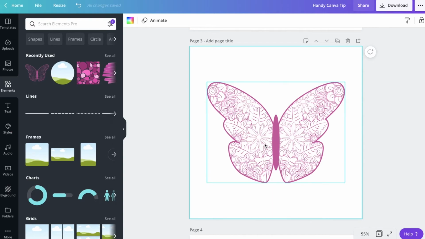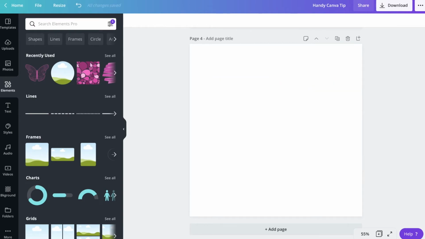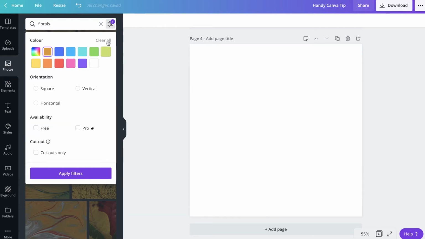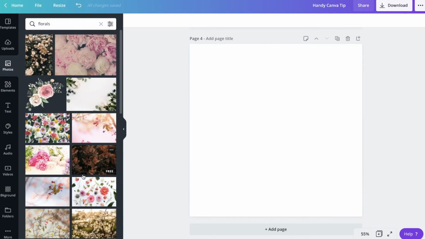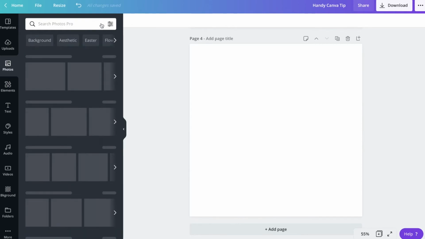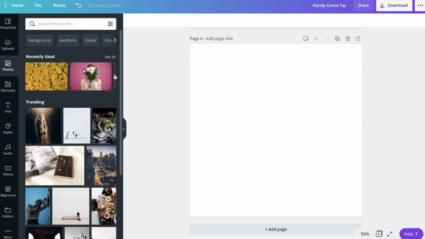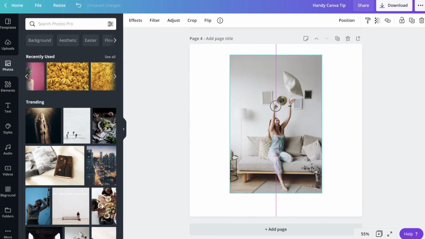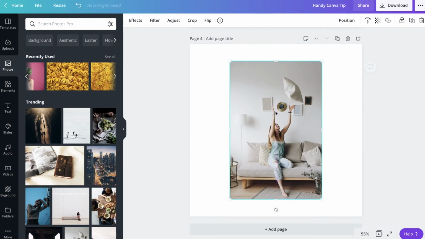And one other thing you can do to suit your brand colors, let's say you've got an image, go back to photos. I'm just going to clear that. I just want to come back in, clear florals. Let's say, here's an image that I picked earlier on. Let's say you had an image, something like this, and you wanted to use that, but it wasn't quite suiting your brand. So you can just highlight that image, and if you've got Canva Pro, you can come up to effects,